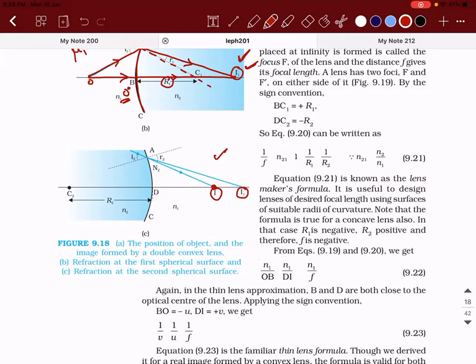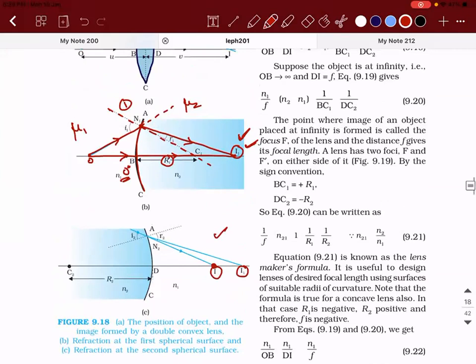Am I clear with these 2 points? Are you able to understand? Yes or no? Yes, sir. Yeah. So what is happening? What is this? An accurate diagram or an approximate diagram? So this is an approximate diagram where we will be applying the formula for the refraction at spherical surfaces. So when you apply the formula for refraction at spherical surfaces, what is going to happen is what we are going to see now. For that, I'm going to copy these diagrams. Just give me a second.